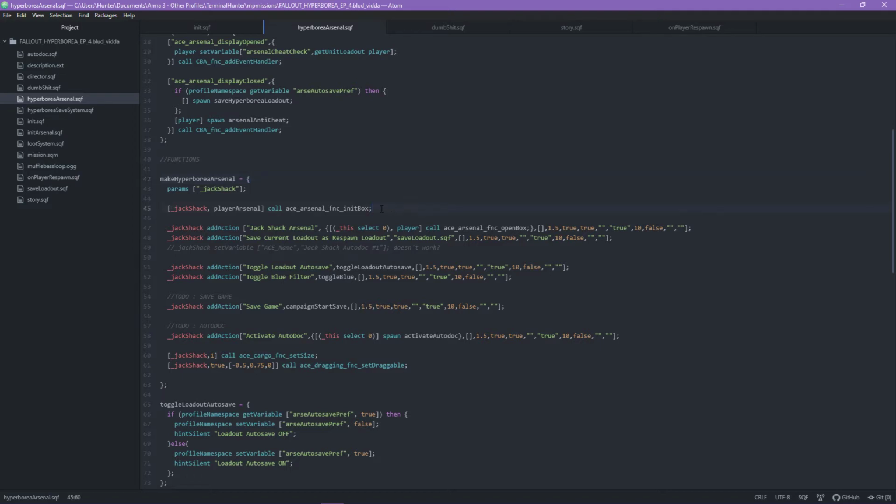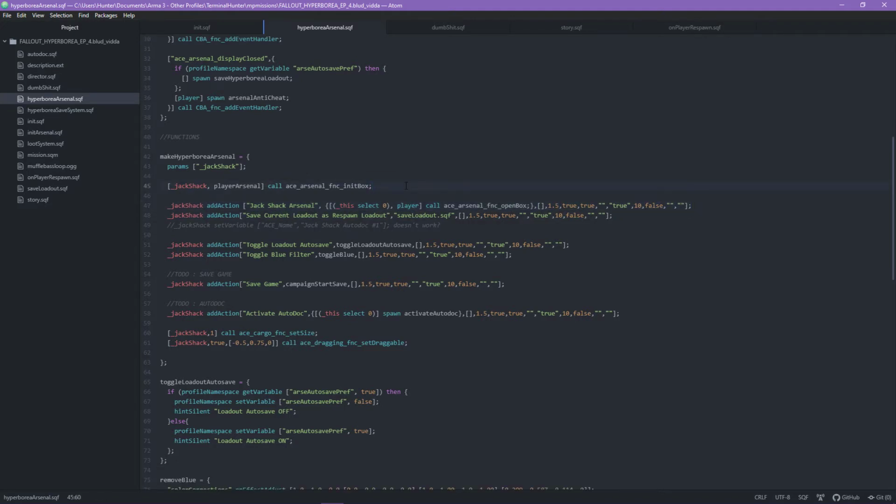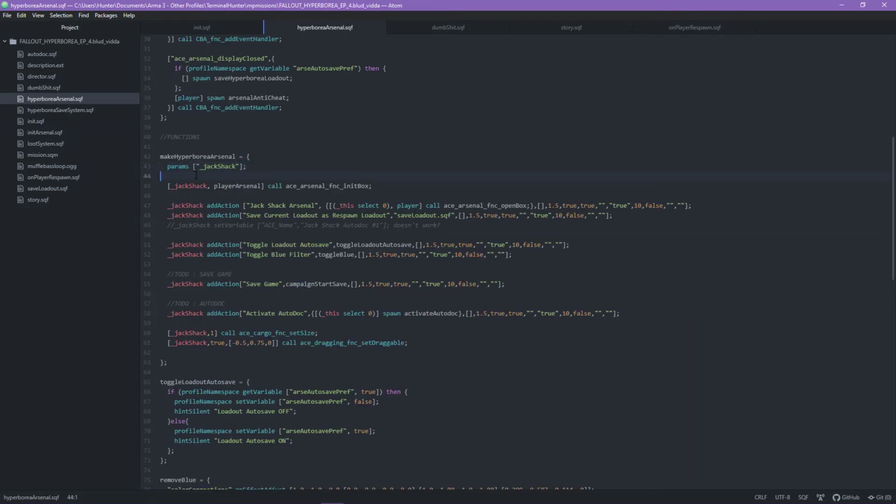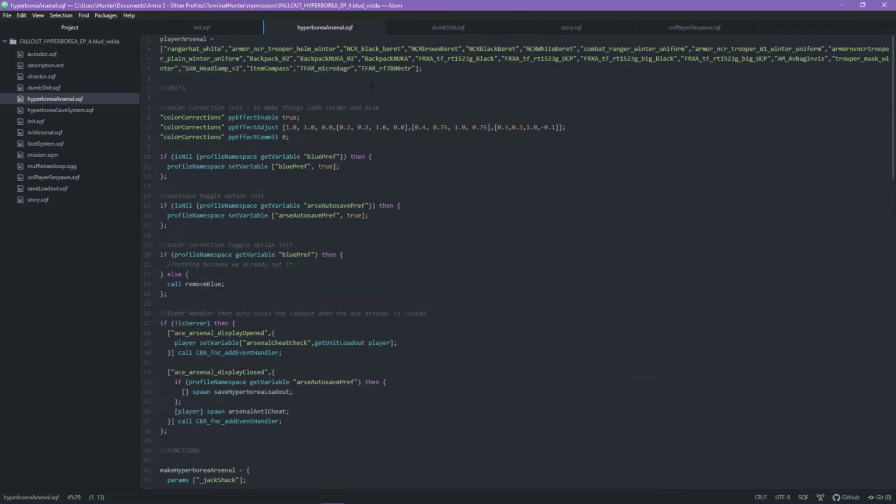Okay, so this is the important part here. I like to add this action so that you can use your scroll mouse wheel to access the arsenal, but this is the most important part of the arsenal. You need to have an object here. So right now this is part of a function, and this parameter is the Jack Shack that you've got on it. You saw this in the init here. I just take Jack Shack 1 and I call the function make it a Hyperborea arsenal. It passes it in here, and then takes Jack Shack and player arsenal, which I have defined up here as